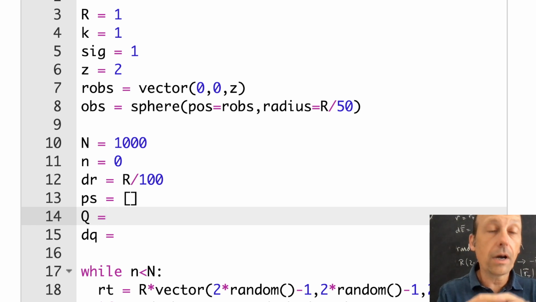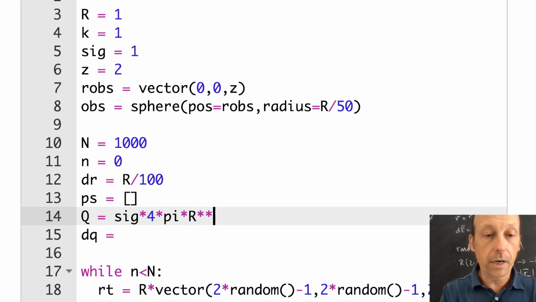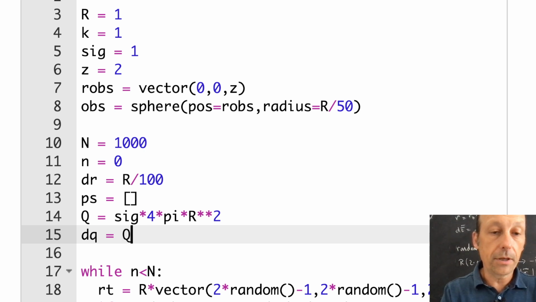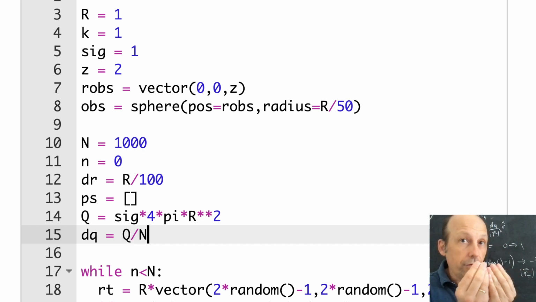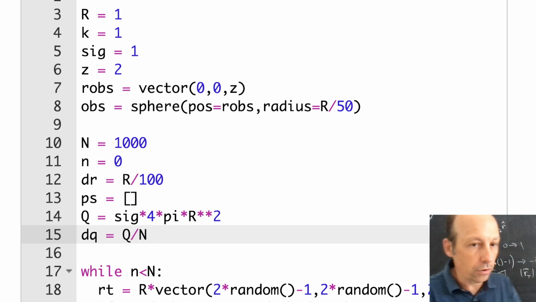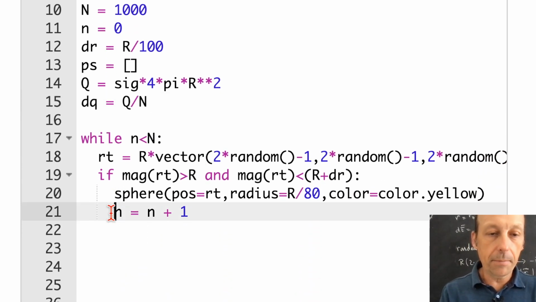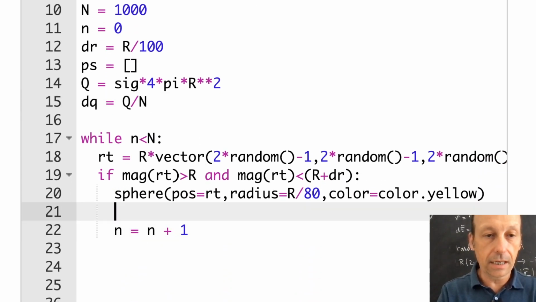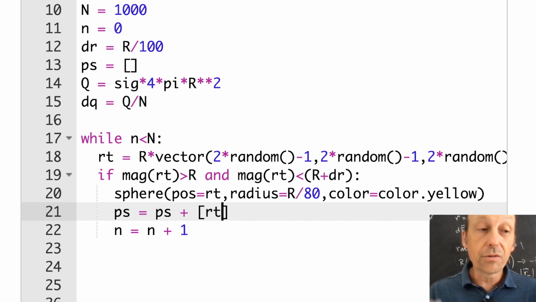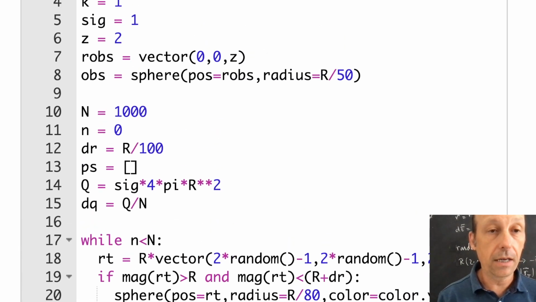Q, the total charge, I did this before, is going to be sigma times the surface area, which is 4 times pi times r squared. And so dq is going to be Q divided by N. So each one of those charges has 1/Nth of the total charge. So over here, I'm going to plot my sphere still, but I can take that out in just a second. I'm going to say PS is PS plus the vector RT. So it's going to be a list of vectors. That's all I'm going to have. So if I run that right here,